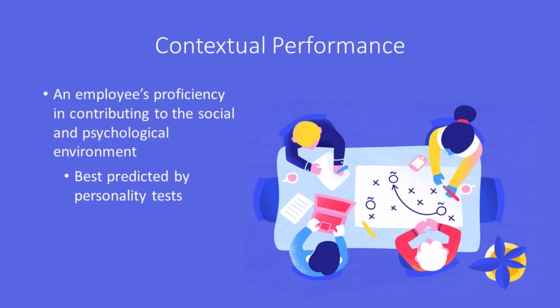In the early 1990s, Bommer and Whitlow proposed an additional type. Contextual performance is a measure of how well employees contribute to the social and psychological environment. It consists of 4 elements: persistence of enthusiasm, assistance to others, following rules and procedures, and defending the organization's goals. Note that these behaviors are not needed to perform the job's main function and are not usually explicitly required by job descriptions. Contextual performance is best predicted by personality tests.